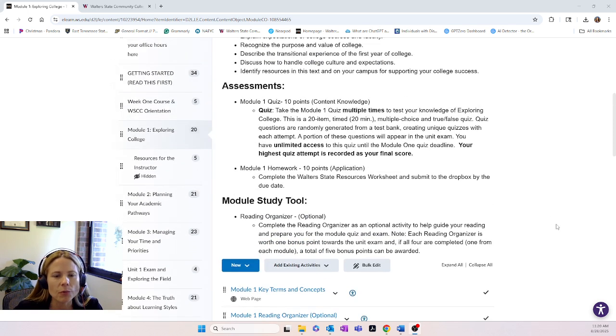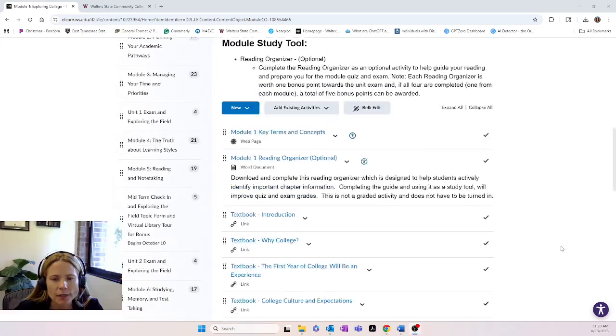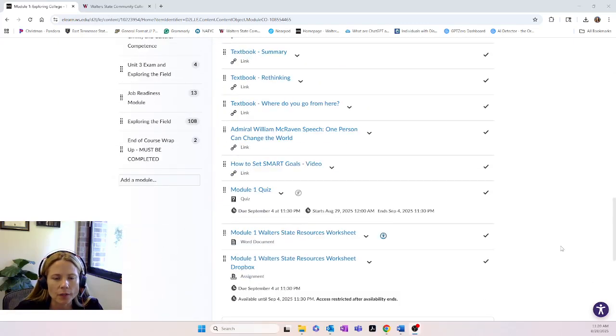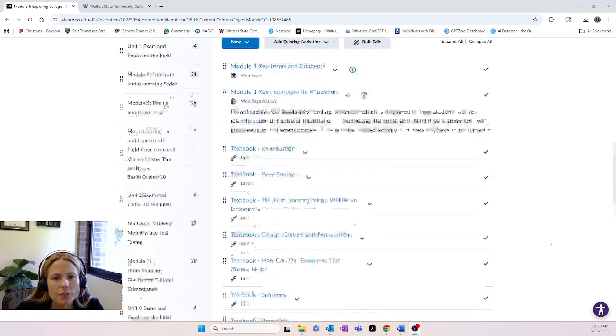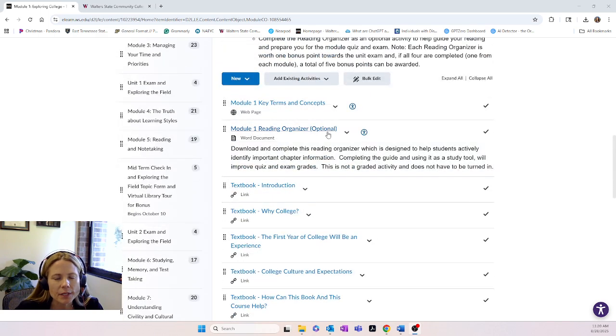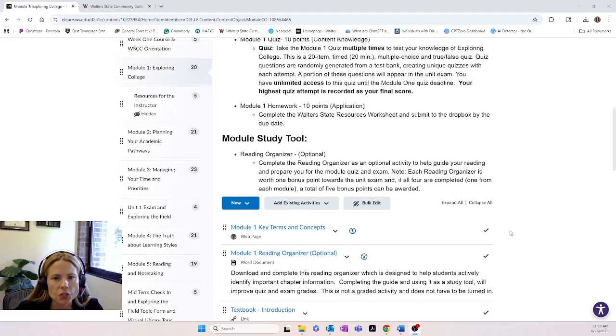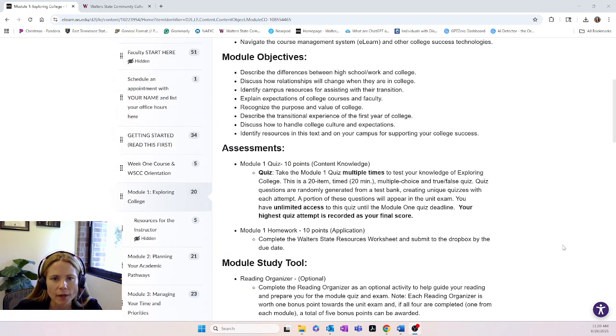So this week we're going to be working in chapter 1 in our textbook. And chapter 1 is all going to be about your first year and the changes that we talked about that you will see in college. So aside from reading chapter 1, I wanted to show you that there are key terms and concepts that you will be looking at specifically related to our outcomes in chapter 1 as well.